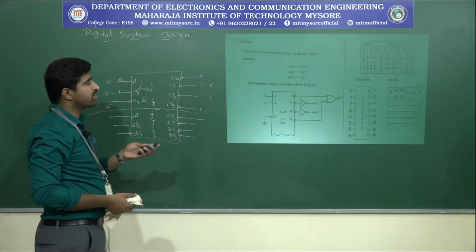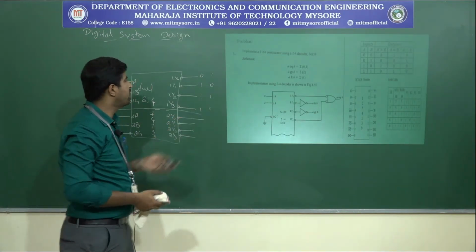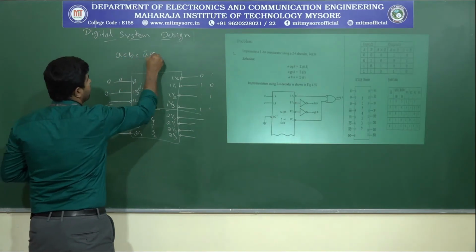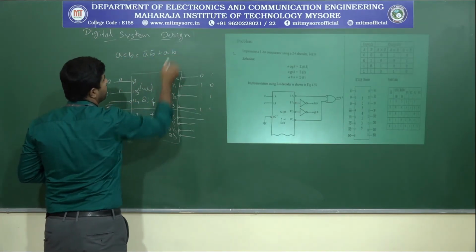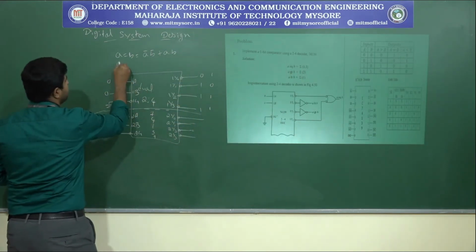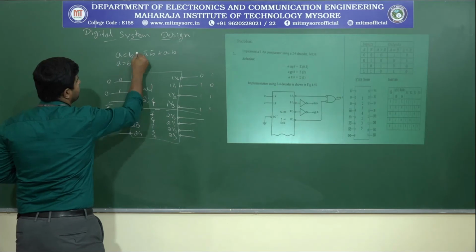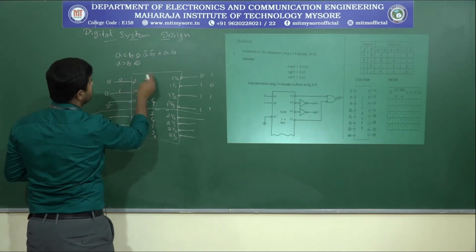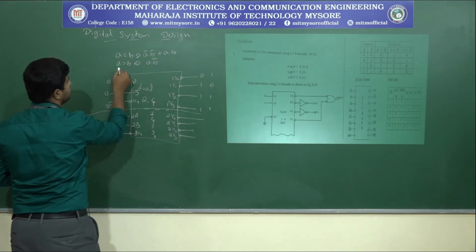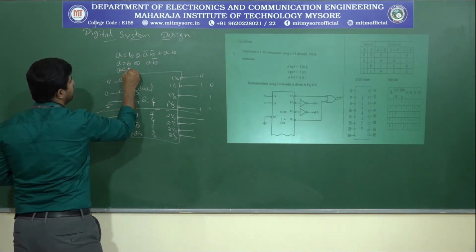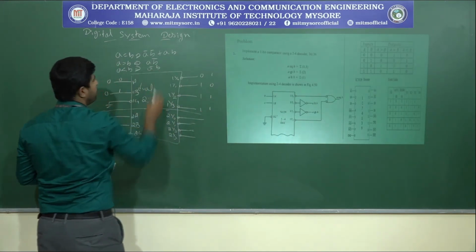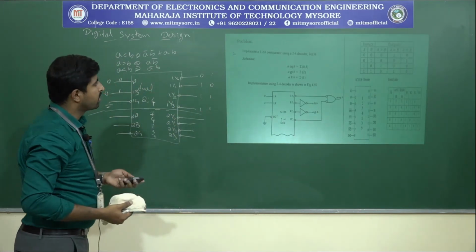So what is the switching equation here? A equals B is what? A bar B bar plus AB. That is minterms 0 and 3, right? Next, similarly, A greater than B is what? 2. So that means A B bar. So A less than B is what? That is 1, corresponding to A bar B. Right? So we can look out here.